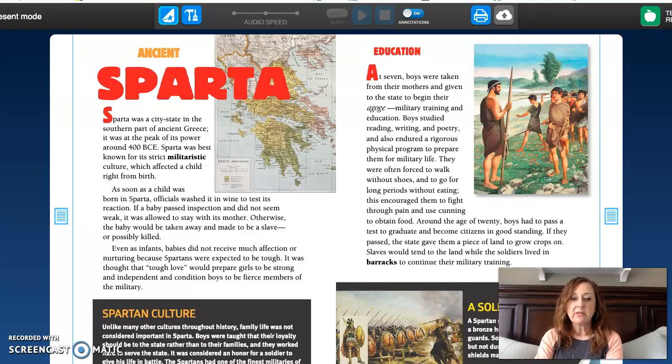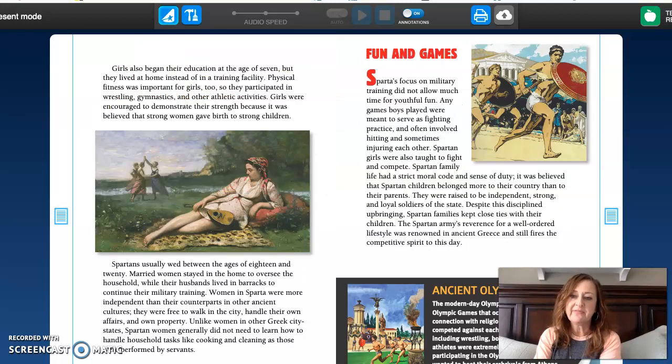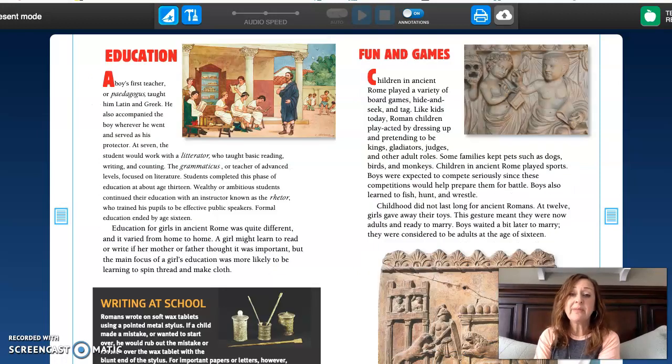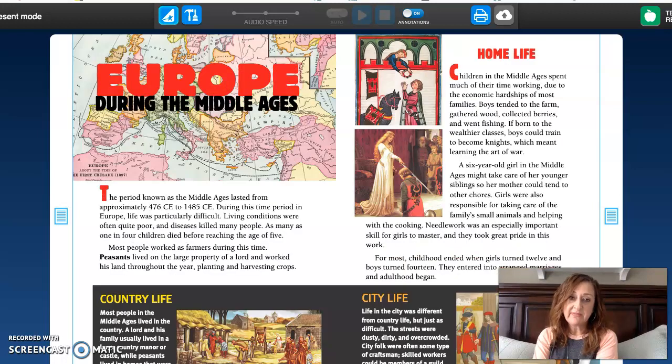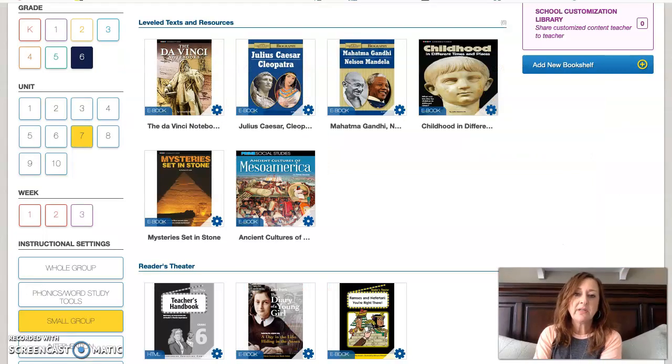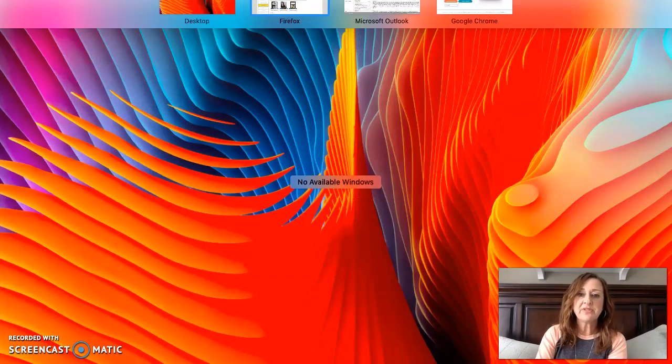Ancient Sparta. You're going to learn about all of the wonderful contributions from ancient Greece. That's what this section's about. This is a really fun book. I highly recommend all of you reading it prior to maybe selecting your civilization. It might give you some insight as to what you want to do. Okay, so use your Benchmark Advance, use online research resources, and